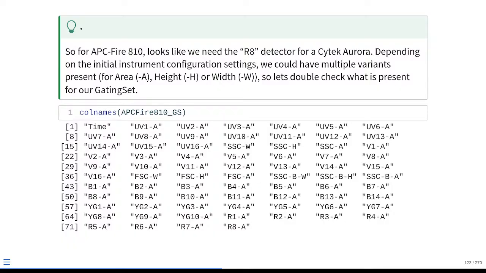So if I check column names of our gating set, we can see these are our column names. And even though scatter, time, and forward scatter do have the width, height, and area variants, we can see all the individual fluorescent detectors have the little -A denoting area present. This will be different on different instruments. When I tried to run this code on a Sony instrument relatively recently, it came back with tree results for area, height, and width because all of them were included in a single go. So this is one of those areas you need to troubleshoot depending on your own instrument